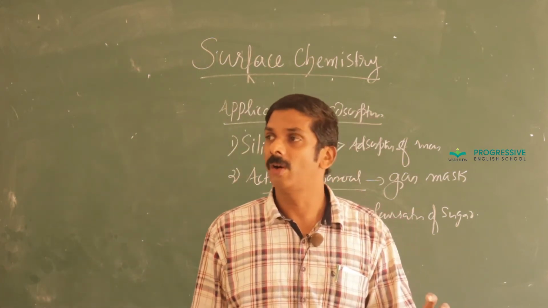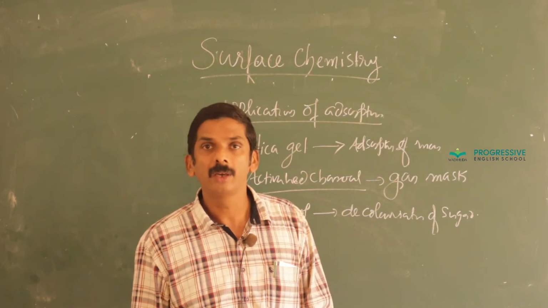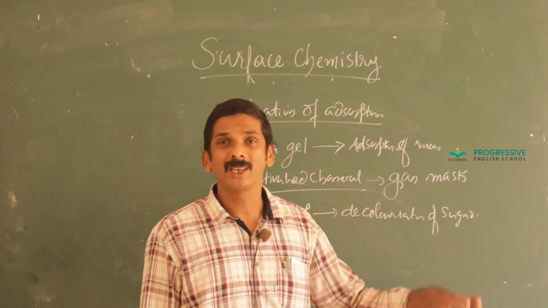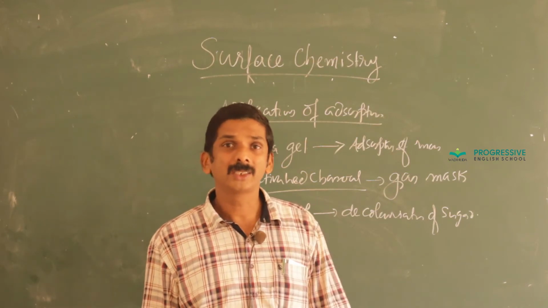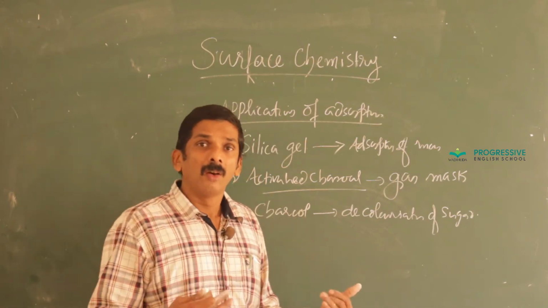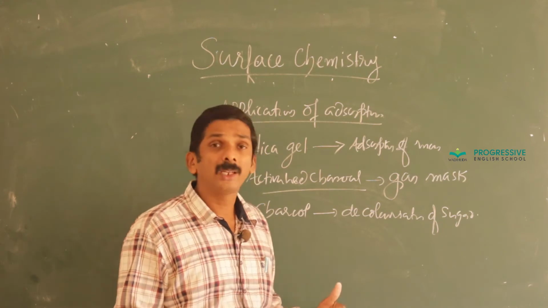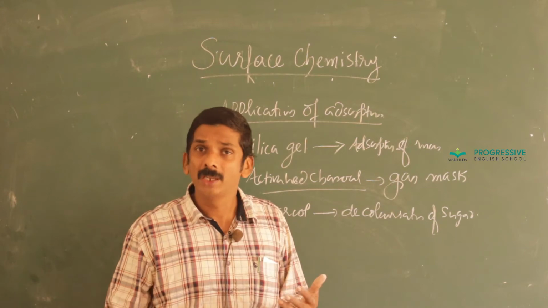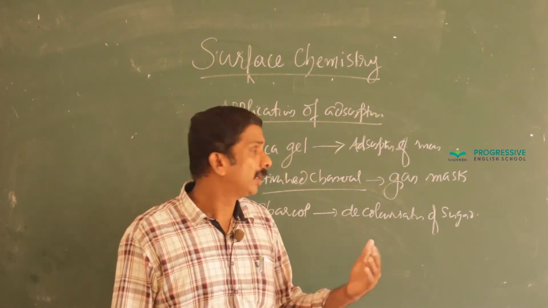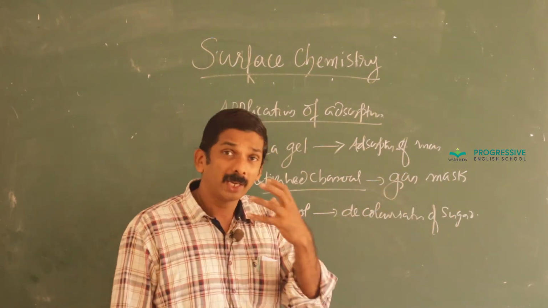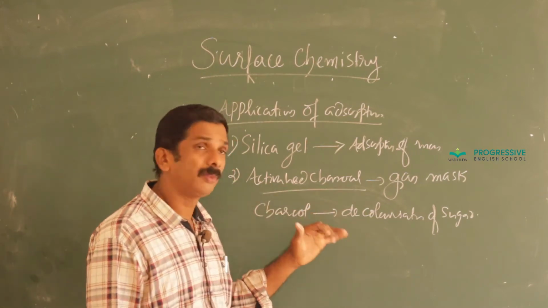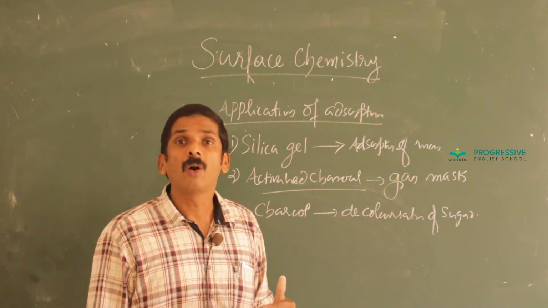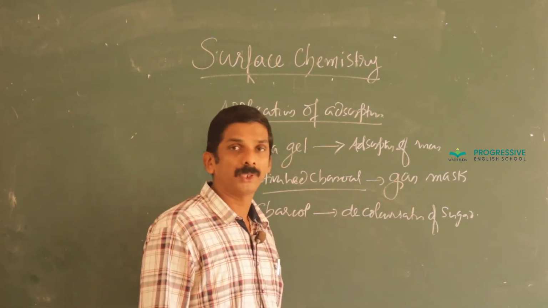Those who work in an oil refinery or rig mainly use this type of gas mask. A lot of poisonous gases are there. Once we inhale such poisonous or toxic gas, it may lead to death. In order to prevent that, they usually wear a gas mask which contains this activated charcoal. The poisonous gas gets adsorbed on the charcoal surface.